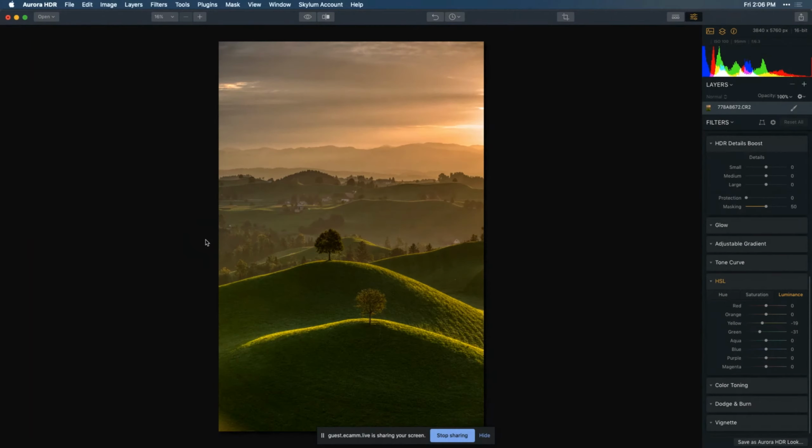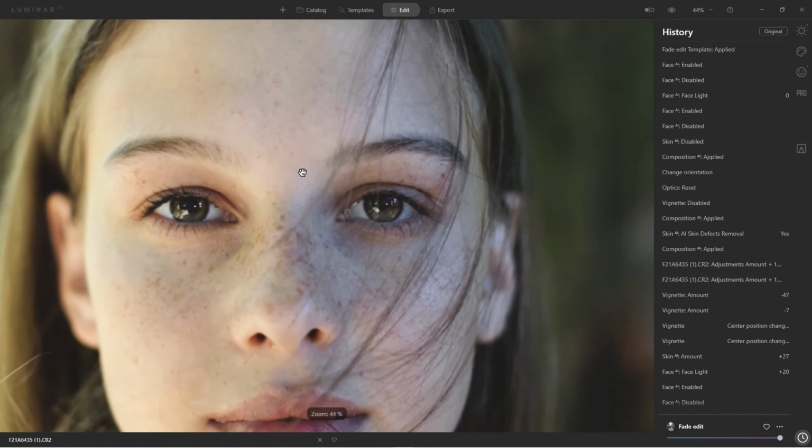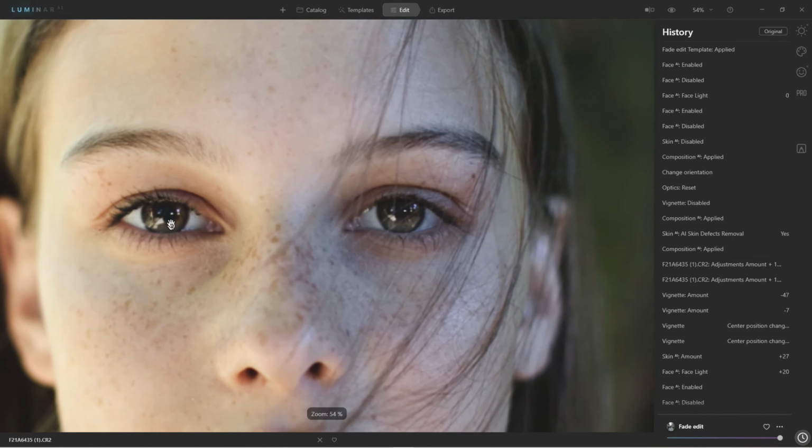All right, let's see. So here we are. Now, for this image here, we're going to enhance just the eyes, but here's before and after. Here's before, and here's after. Now, interestingly, there we go. I'll zoom in a little bit tighter. Here's those catch lights we were talking about. Watch this. Before